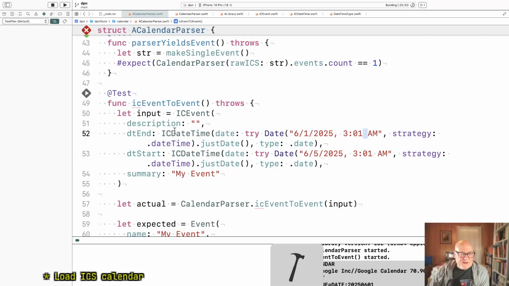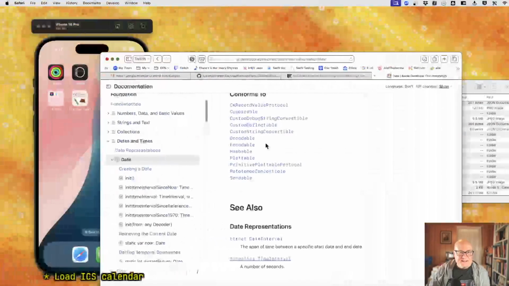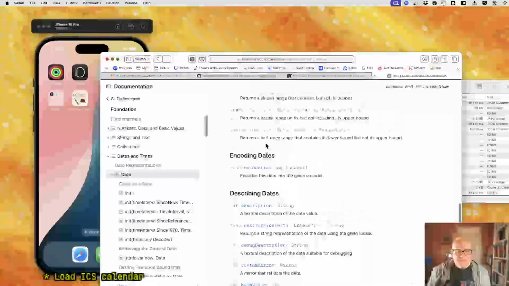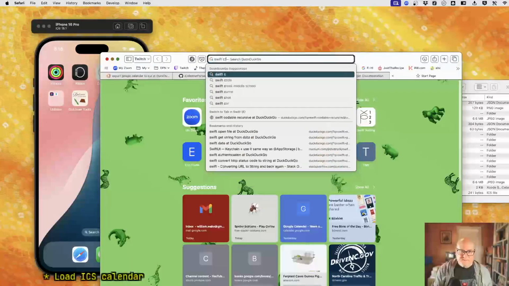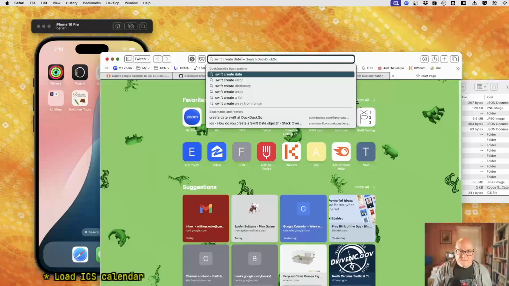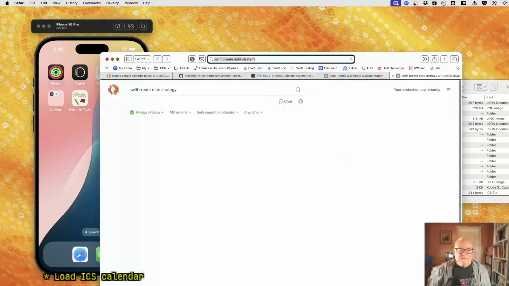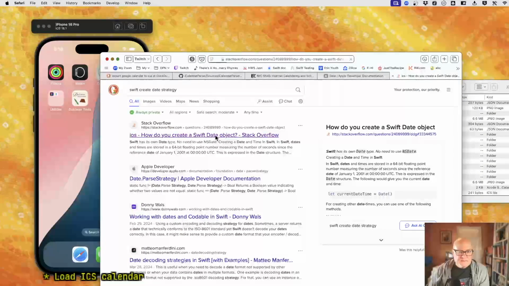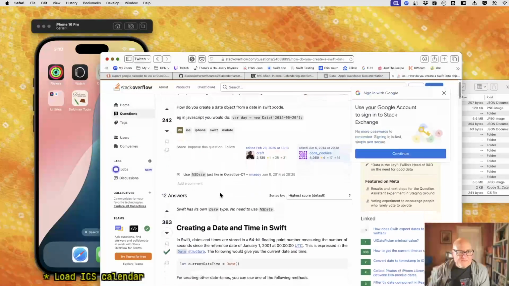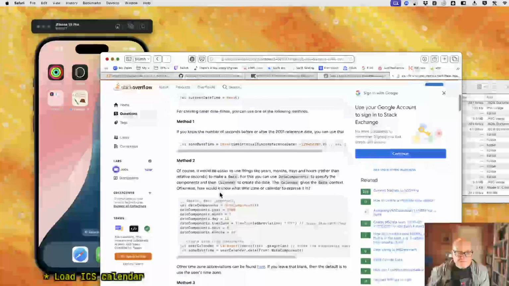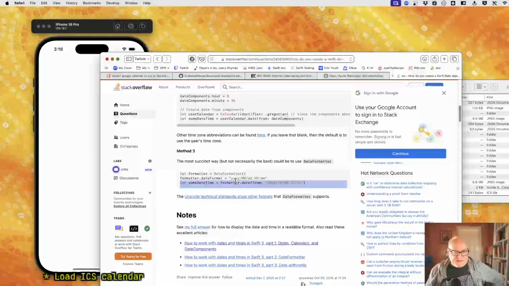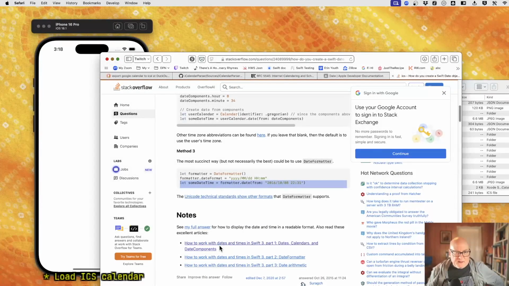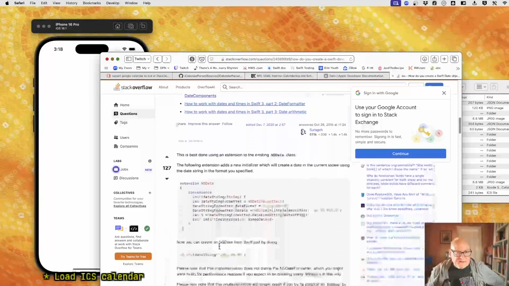This date with a strategy, like I didn't see anything like that. Yeah, I thought we were doing this sort of thing. Date formatter with this format. But